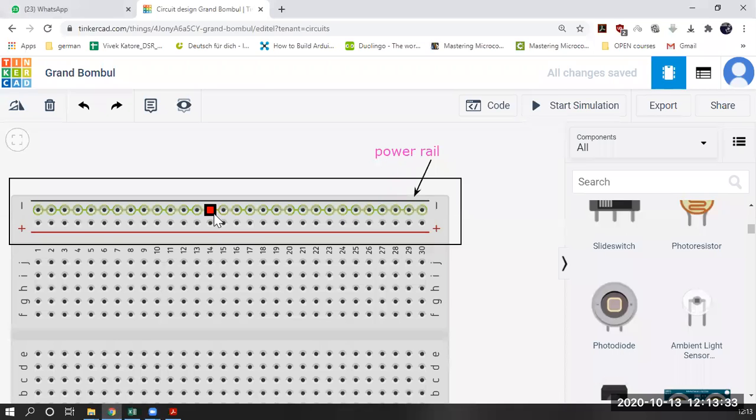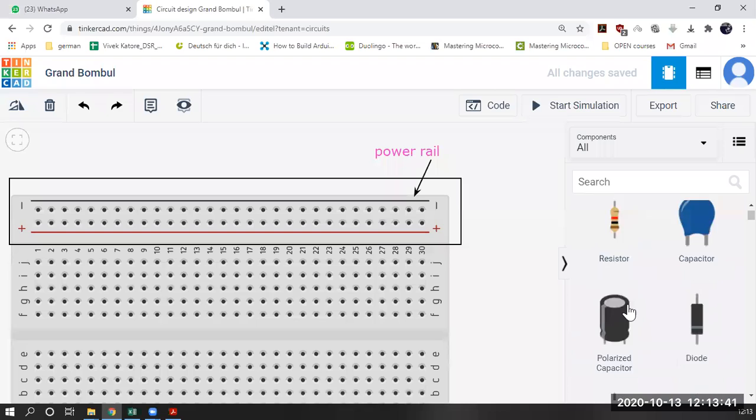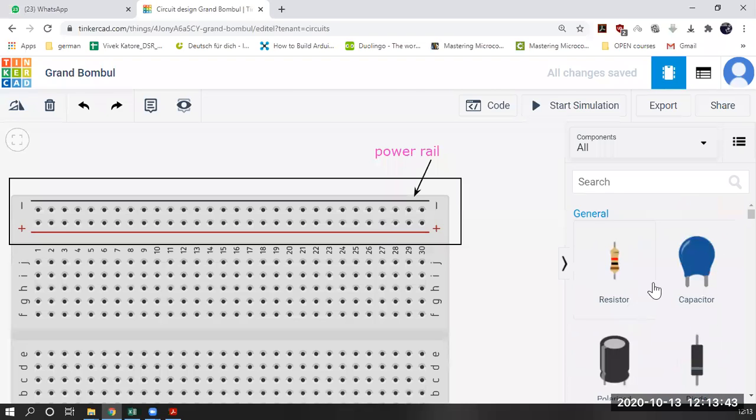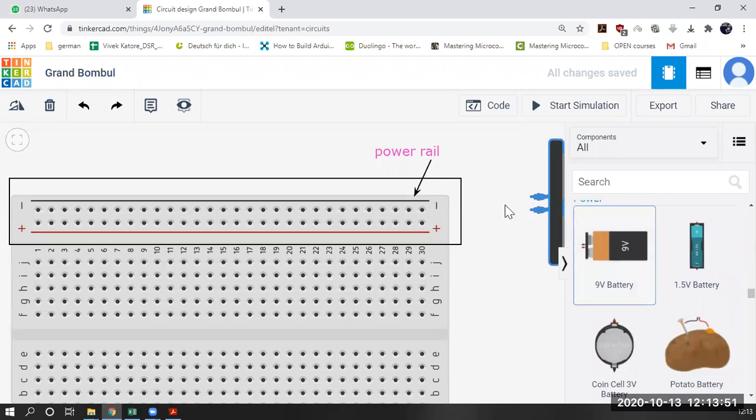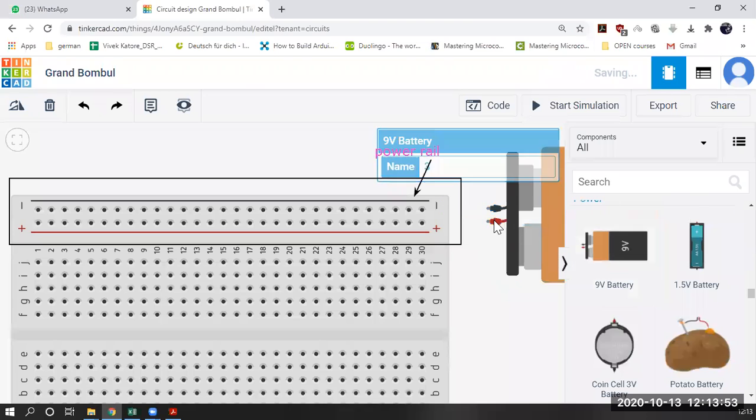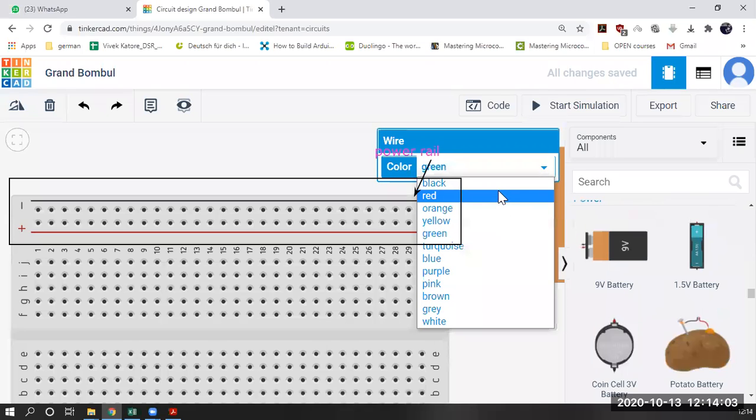All right. So what I was saying is that here we mostly connect the battery. Okay, all the time. It is not compulsory, but this is the design practice. So take out any battery, like I will take this one only because we are using this all the time, right? So the plus one I am going to connect here, and the negative one I am going to connect here. Okay. So let's take it as black, and this one as red.